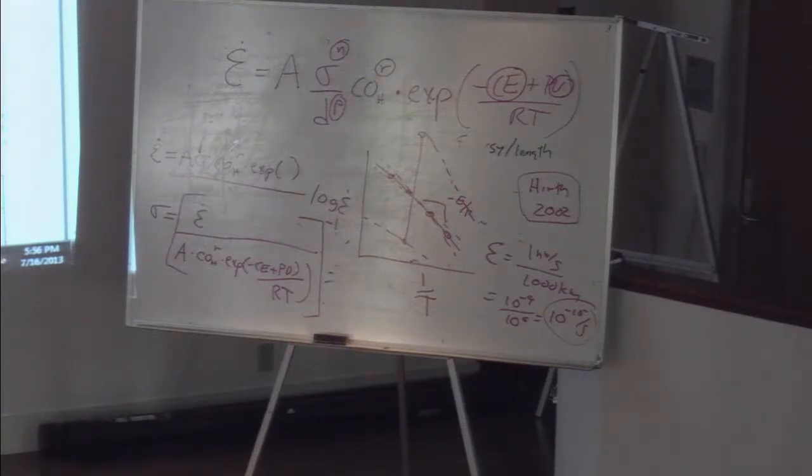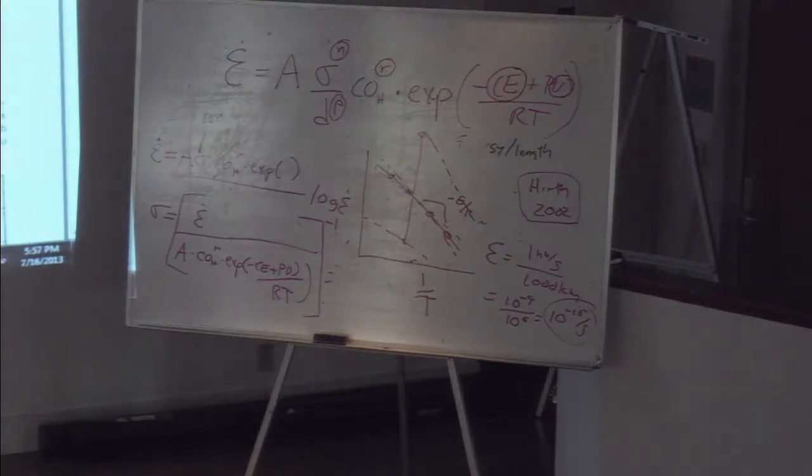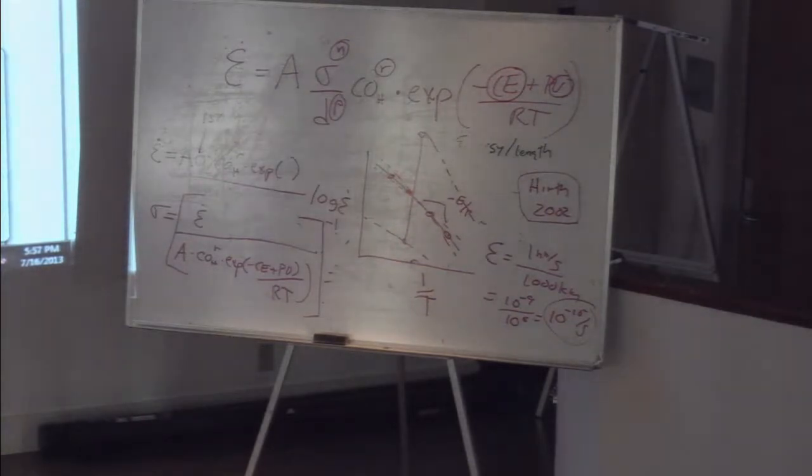So 90 times 0.3, that's 0.3 MPa, 1,000 to the 1.2 power, and then this exponential term. I have no idea what's going on with this thing. So if you do 90 times 0.3 raised to 3.5 times 1,000 raised to 1.2 times